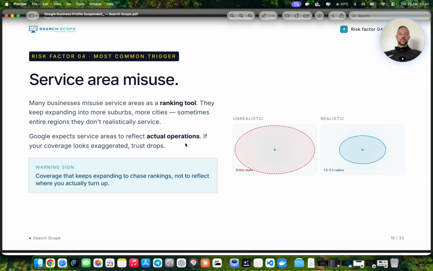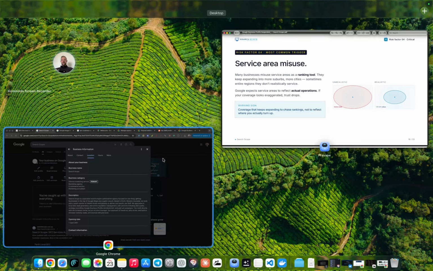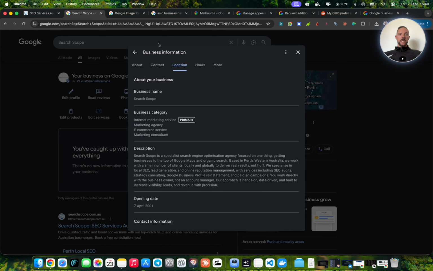The second issue that we see a lot is people that are listing service area locations that are too broad and way too far from their base of operation. So according to their terms of services, Google only allows you to list service area locations that are within a maximum of 2 hours driving distance from your base of operations. So we always recommend clients to be conservative and shoot for 1 hour, 1 hour and a half max, just to prevent issues. So no one knows exactly, and I don't pretend to know how Google is assessing this,